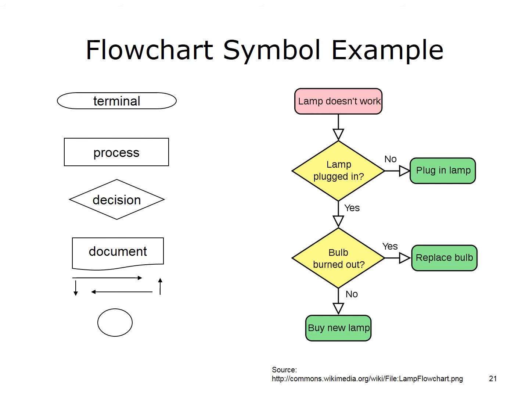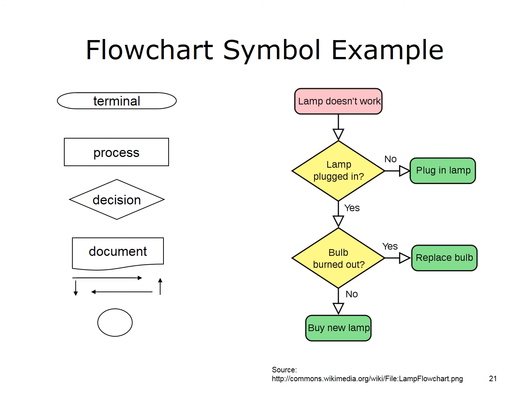The first step in the process, noticing that the lamp doesn't work, is depicted by a terminal symbol. The second step in the troubleshooting process denotes a decision. Either the lamp is plugged in or not. If the lamp is not plugged in, the next process step is to plug it in. However, if the lamp is plugged in, the next step is to decide if the bulb is burned out, denoted